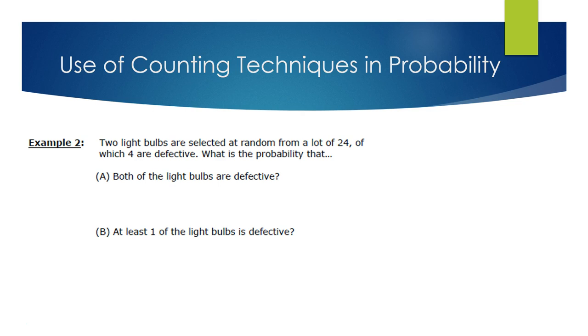Okay. Kind of an unrealistic circumstance, because usually if you're doing quality control, you really don't know how many are defective out of a lot. They do product testing, and they look for certain standards, and there's more complicated statistics that let them come up with a number to say, okay, if this many are defective, we're going to throw the lot out. But here we do, or at least we're given that we have a lot size of 24, 4 are defective, which means we have 24 light bulbs. 4 of them are defective, which means 20 of them are working. So with that information, these calculations are a little bit easier to do because